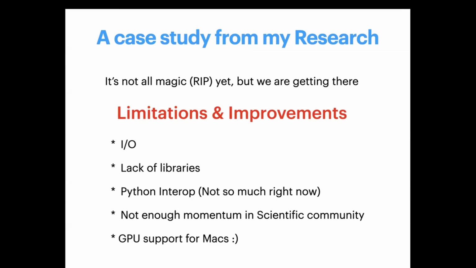The next problem is that Mojo has a lot of momentum in the AI space, but I feel like there is not enough momentum in the scientific community yet. But I think as a community, we could improve that definitely. Also, I hope we have GPU support for Mac so that I could tinker around. I don't have an NVIDIA lying around. So yeah,